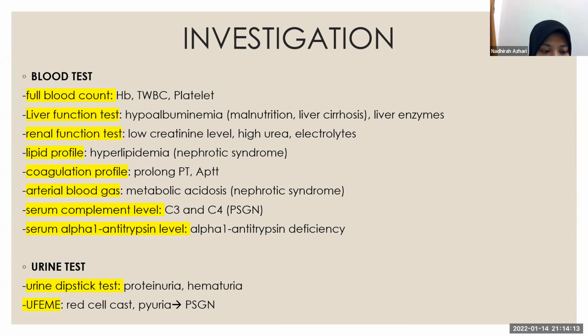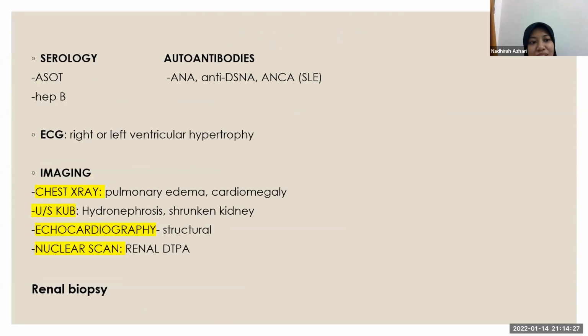Okay, as for the urine test, a urine dipstick test to look for proteinuria and hematuria can be done. And then urine FEME can also be done to look for red cell casts and pyuria in case of post-streptococcal glomerulonephritis. Okay, so for the serology, antistreptolysin O antibody can be done in case of post-streptococcal glomerulonephritis, and also we can do Hep B serology test. For the autoantibodies,